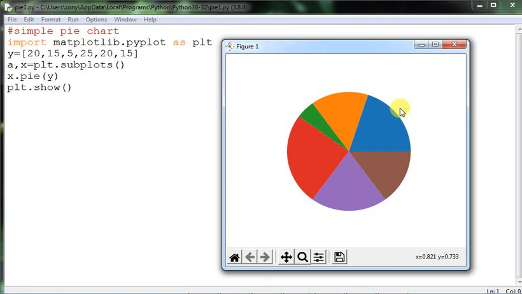Since we have not mentioned anything, in the later programs we will see how the colors, the percentage and the other labels are displayed in the pie chart. So remember, the area of the wedge of a pie represents the relative percentage of that part with respect to the whole data. This is actually the percentage. That's why I told you to remember that whenever you mention the data values, they should not exceed 100.